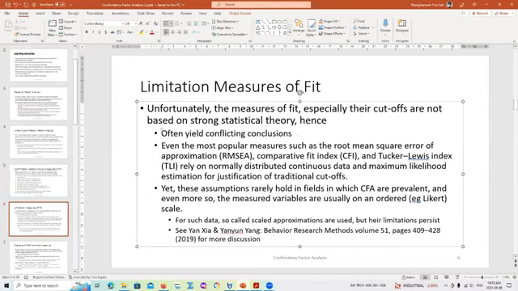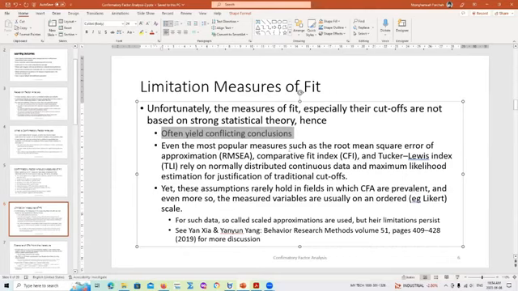Although maybe I'm being unfair, it's not only these measures that yield conflicting conclusions. Even when you do simple regression and you do variable selection, each variable selection method that you use can lead you to arrive at a different conclusion. So it's not only for this, but what you will find a lot of the time is that if your data are not nice data, like the ones that will simulate and fit your structure, one measure may say no, it's a good fit, another measure may say it's not a good fit.